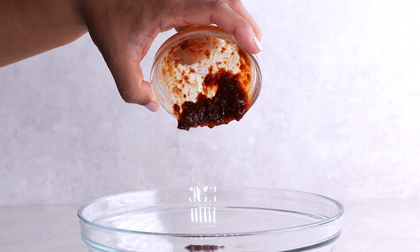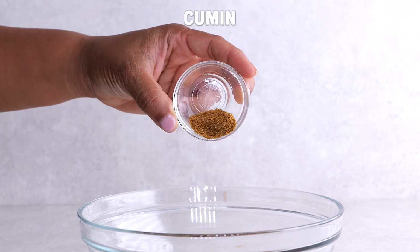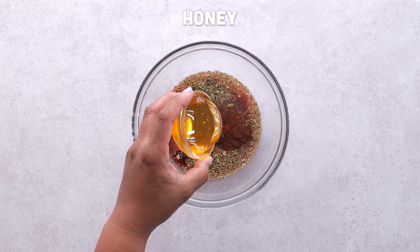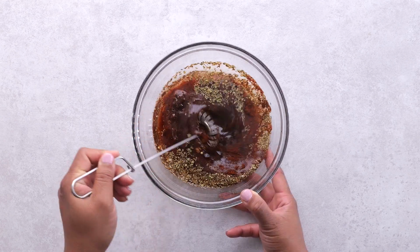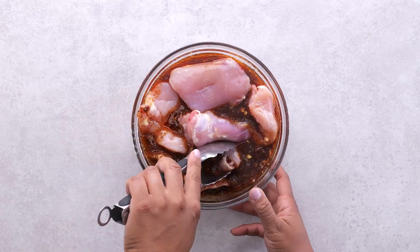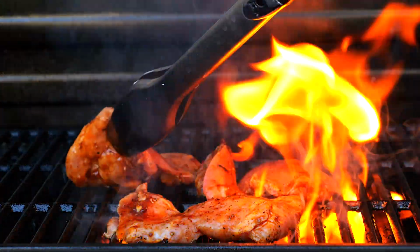All right, we are going to start with the key ingredient, Chipotle and adobo sauce. You're going to mix this with garlic, honey, and all of these spices. You're going to whisk this marinade together very well and add in your chicken thighs. When you are finished marinating your chicken thighs, which takes about 2 hours, be sure to reserve some of the